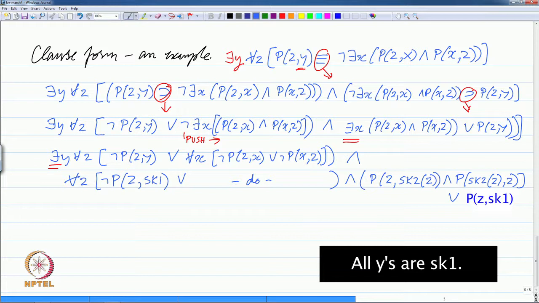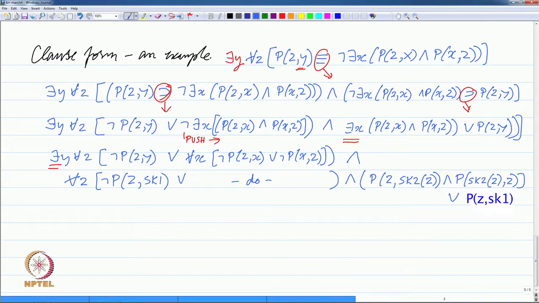So, we have eliminated the existential quantifier, after which we can bring the universal quantifier out here, and so we do not have any quantifiers inside, and inside we have only and, or, and not. So, all we need to do is to distribute next. So, this for all x will come here. So, once we distribute,